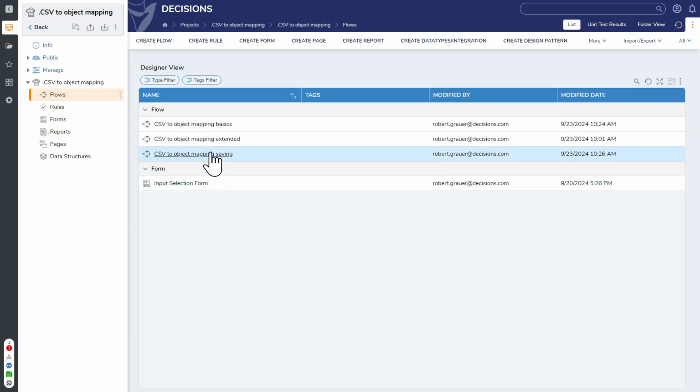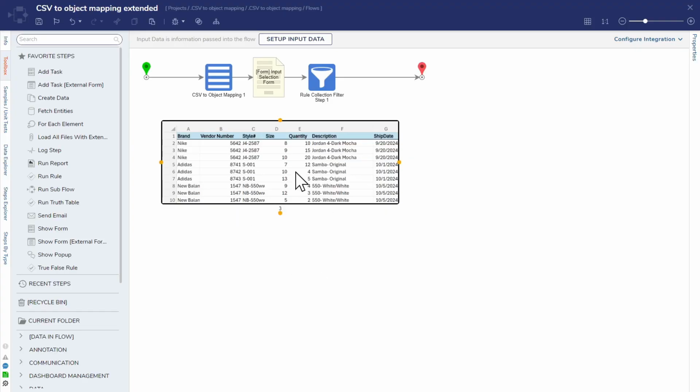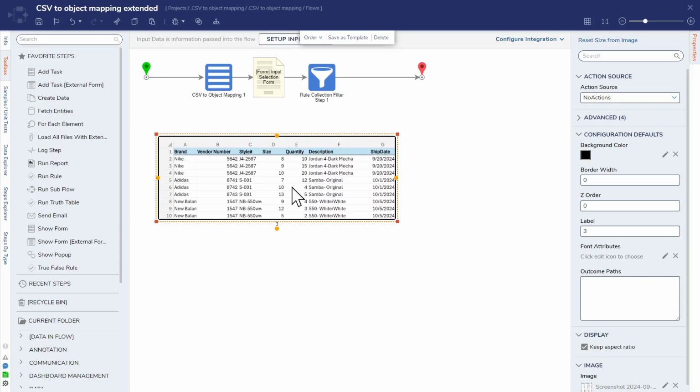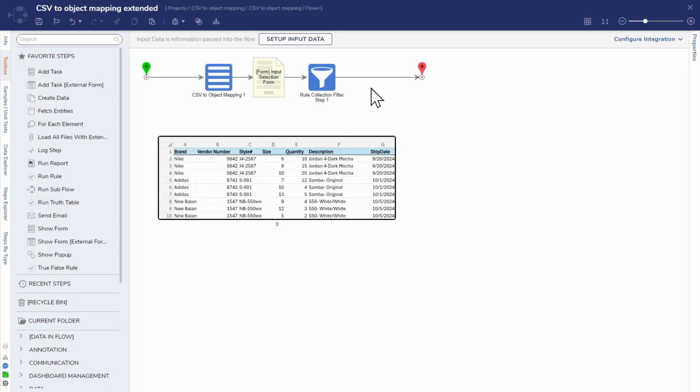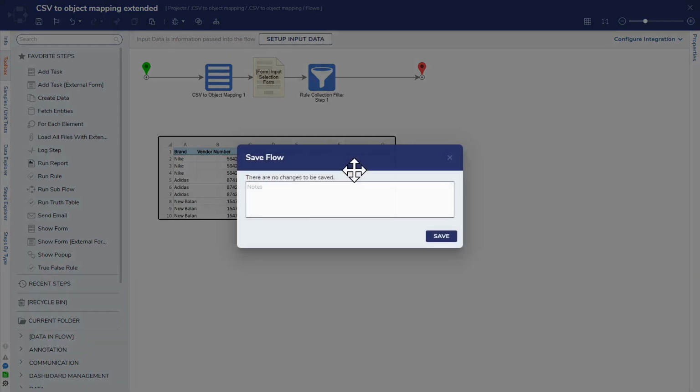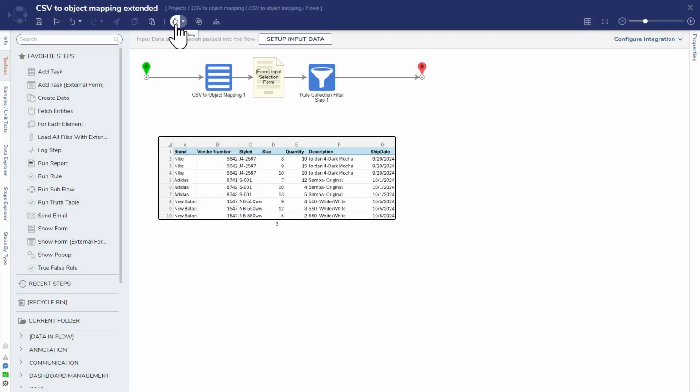The last thing we're going to take a look at is some extended options. If you've ever worked in flows before, I'm not going to show you anything that you haven't already seen, but I do think it's important to say that you do have more options. If I wanted to, I could put a save entities on this end. I could have a form on the front where I have people dynamically populate that CSV day to day, week to week, month to month, whatever applies to your business use case. But what I can do is something along these lines. If I go to debug,